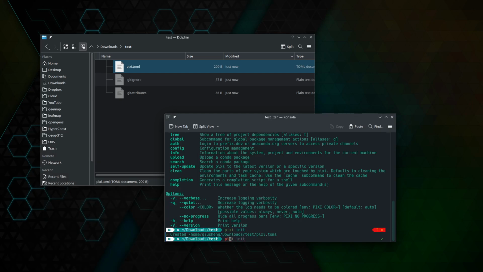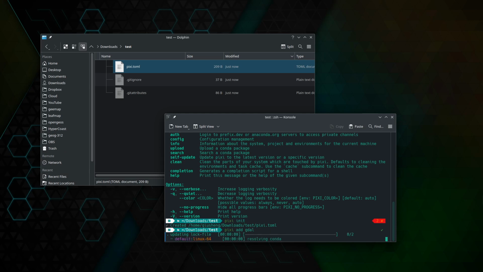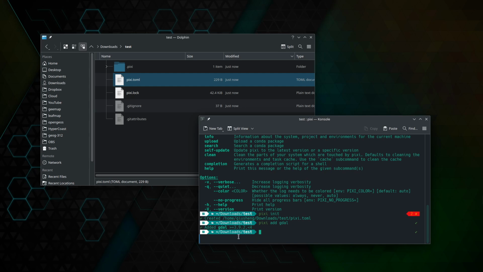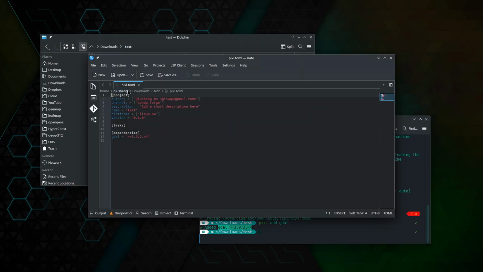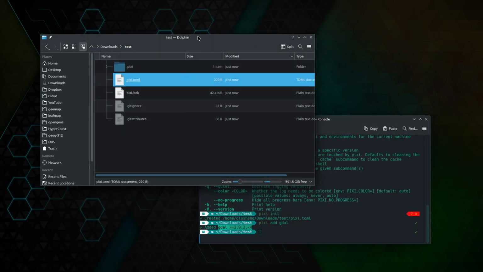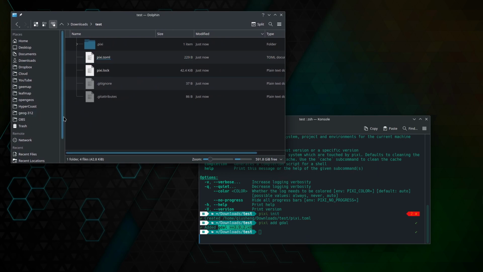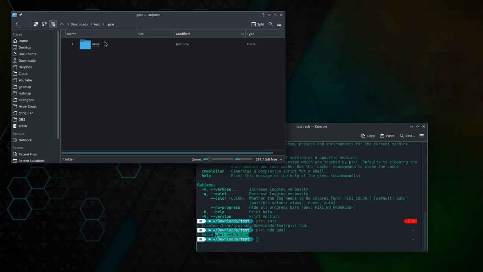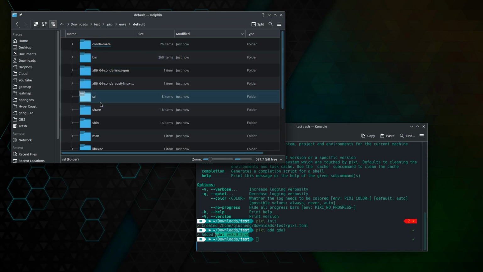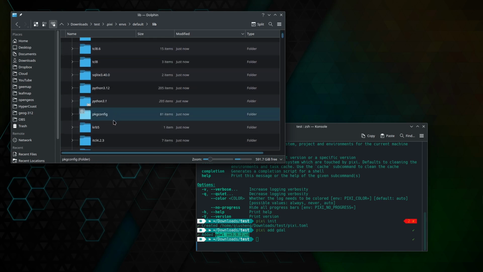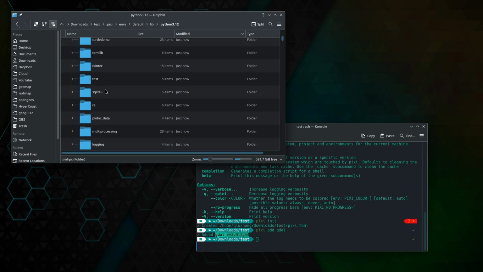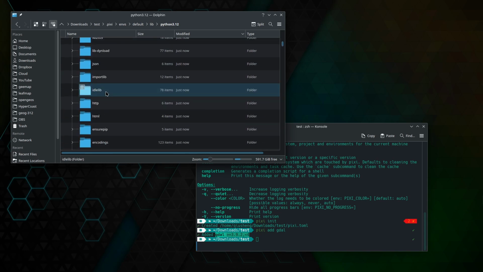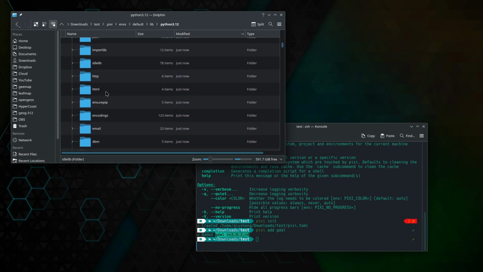For example, if you want to, run pixi add gdal, and it's going to go to Conda-forge and add GDAL to your environment. After that, if you open this pixi.toml file again and take a look, now you have GDAL installed. GDAL has traditionally been very challenging to install on Windows and Mac, especially if you don't have the C compilers. After it's installed, you will see under the environments, I think it's under the lib python3.12